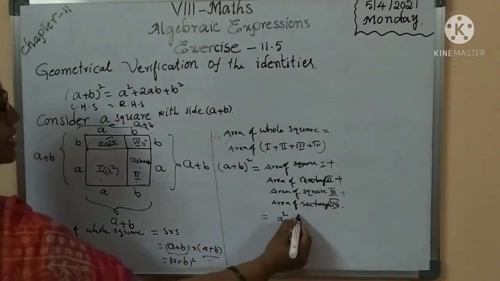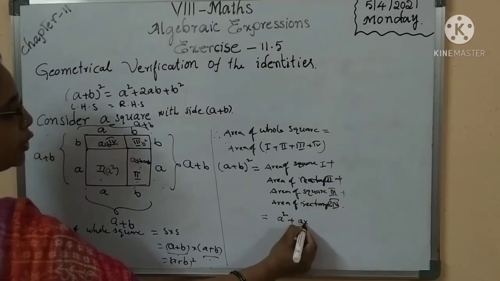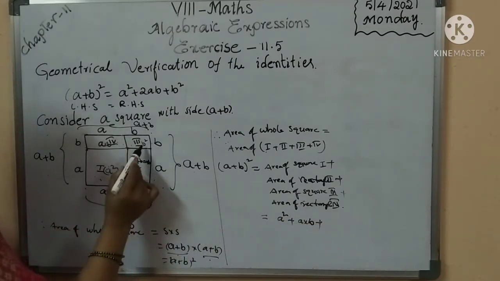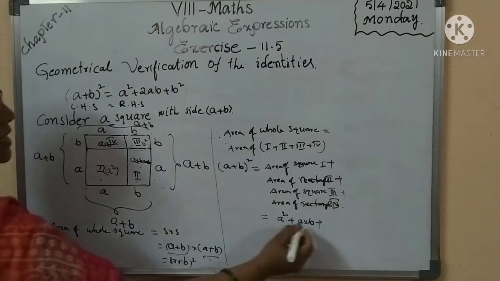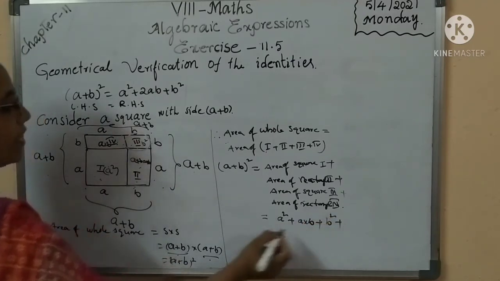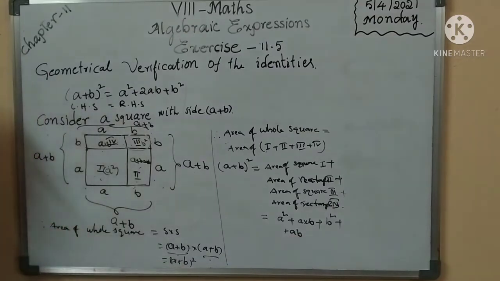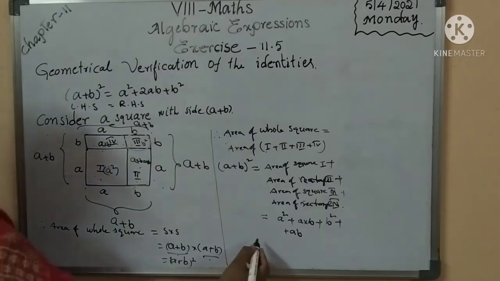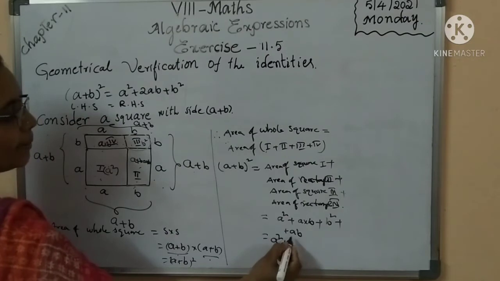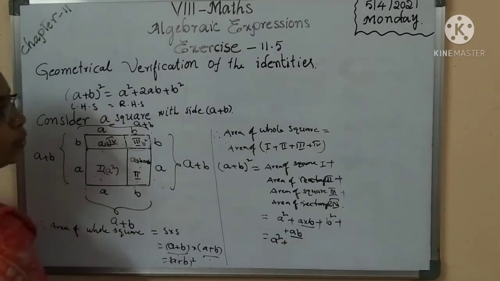So the second one is the area of a rectangle, A into B, plus next. The third region is B into B, B square, the area of a square, and the fourth region plus AB, the area of a rectangle. So here observe that A square plus AB plus A into B plus A into B,